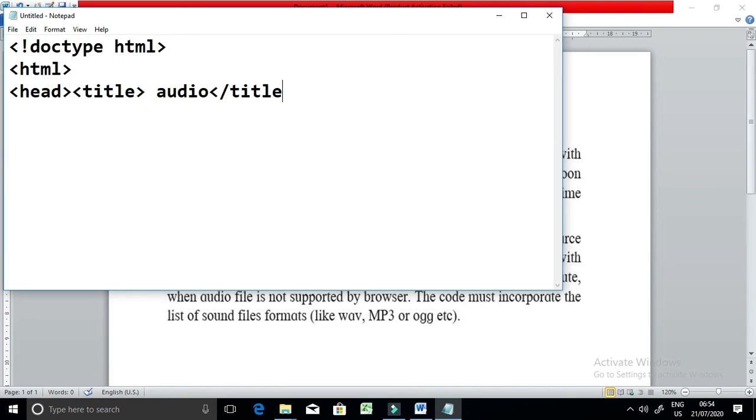Inside that you will open head tag, then title, give title, close title tag, head tag. Inside body tag you will type audio code tag.